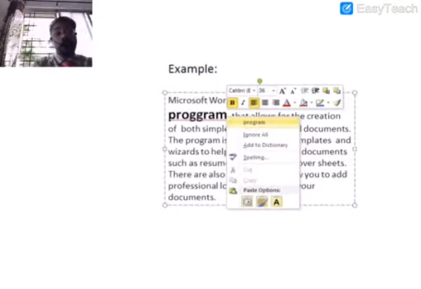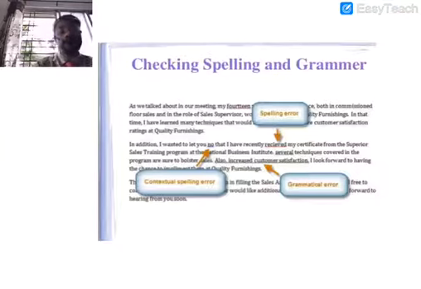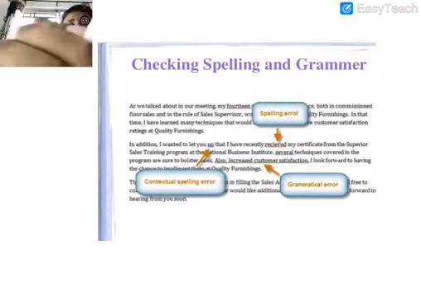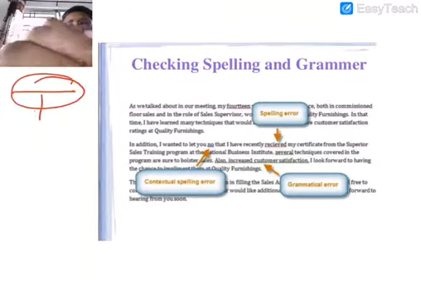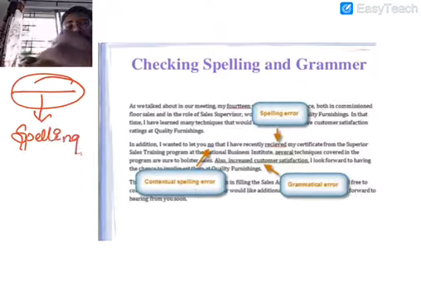Now see, this is a common example of a normal error, that is spelling error. So this red line, now one more important thing I forgot to tell you, that is remember the color lines for the mistake. If you have a red line, that means spelling error. Okay. So a red line indicates spelling error.